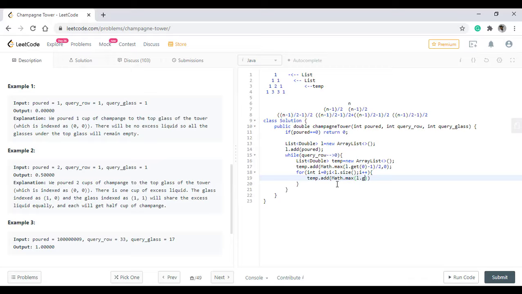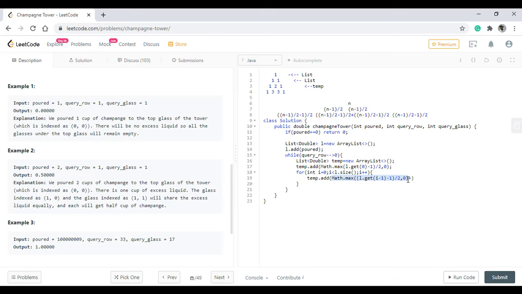In this case we'll take L dot get I minus 1 or 0, this thing, plus the other one. The value is calculated by adding these two values, so we are doing the same over here.